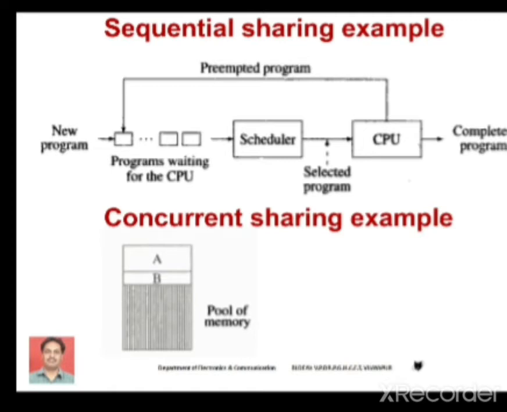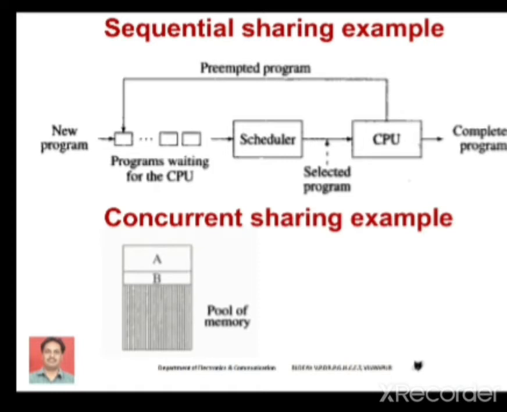Students, can you think when it may happen? Okay, just consider an example. Assume that a program is under execution and at the same time a high priority program is scheduled for execution. In that case, the low priority program is preempted, that is, it is suspended and kept back into the list of pending programs, and the new program that has the highest priority will be taken for execution by the CPU. So this is one of the situations which causes preemption, that is, suspension of the program under execution.